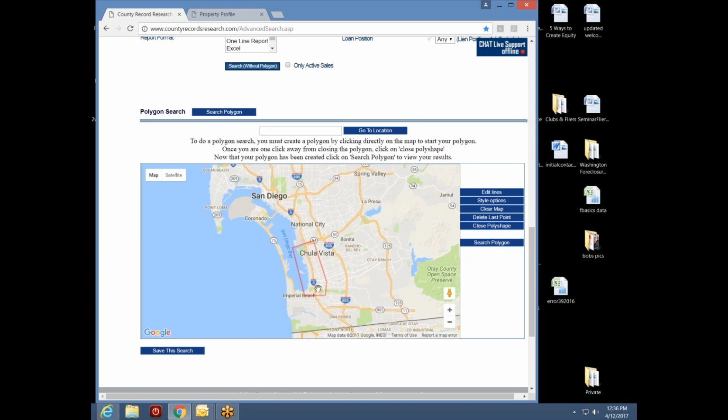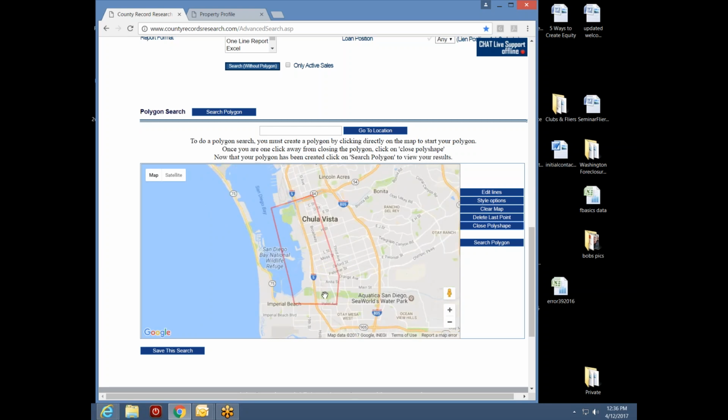See how it's centered on the 5? It's giving me this whole coastline area, but it's also going a few blocks in. So whatever property I pick, I'm walking distance from the beach. Okay, and I'm going to call this, what's a good name for this?